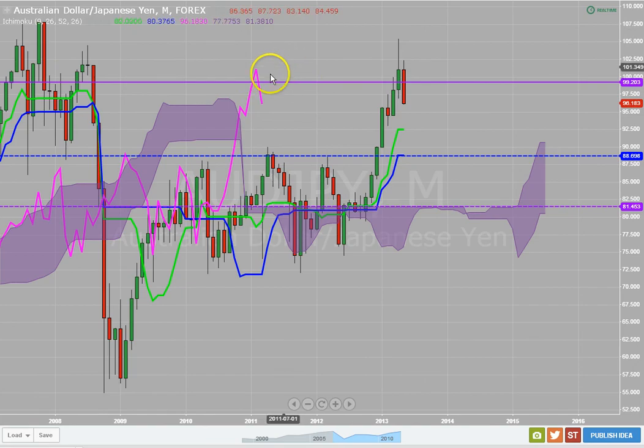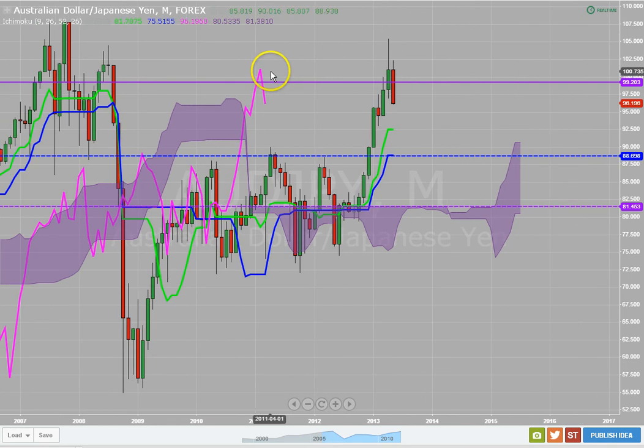This Aussie yen, this is a monthly time frame. Look at this monthly candle here. Long wick pulls down. The bulls pulled it up, the bears pulled it all the way back down. Then you have this candle here, a monthly red candle coming all the way down to here. This is going to become a fractal level.